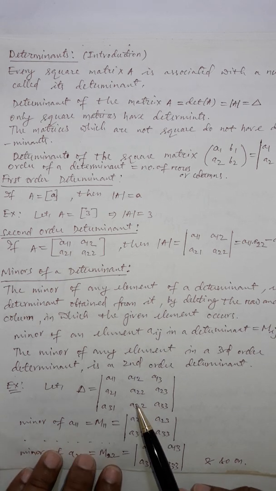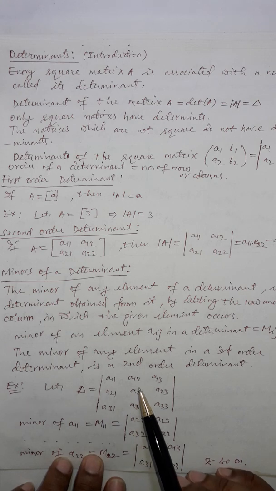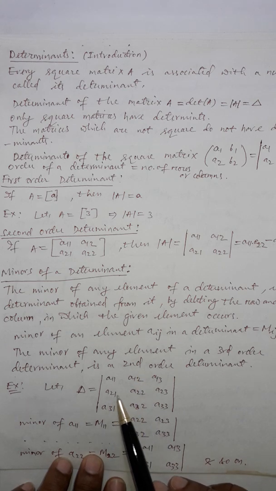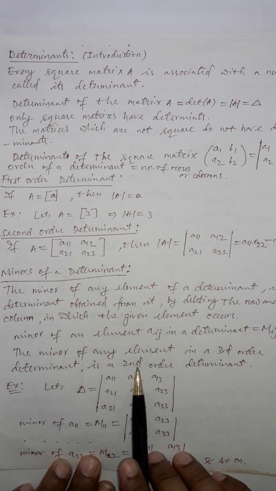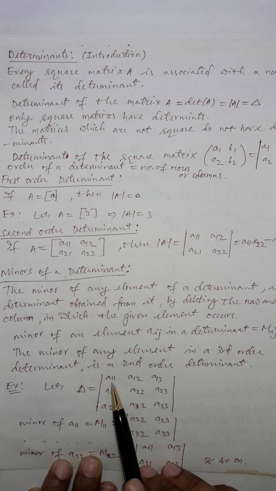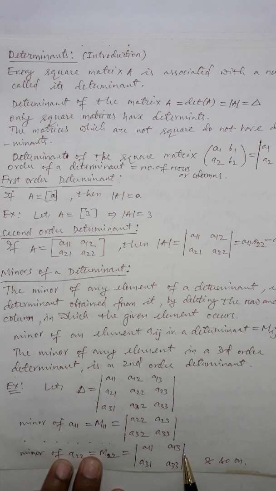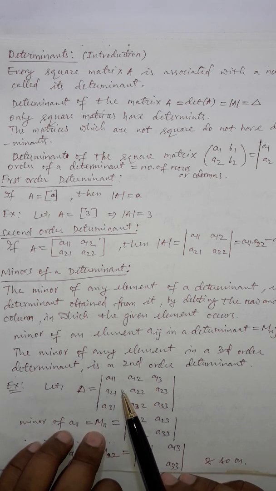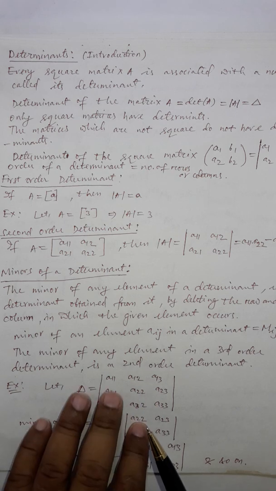Similarly, the minor of the element a22 will be a second order determinant which is obtained by removing the row and column it belongs to. a22 belongs to the second row and second column. So, let us remove them and you will get another determinant with elements a11, a13, a31, a33, and so on you can calculate the minors of each and every element of a determinant by removing its row